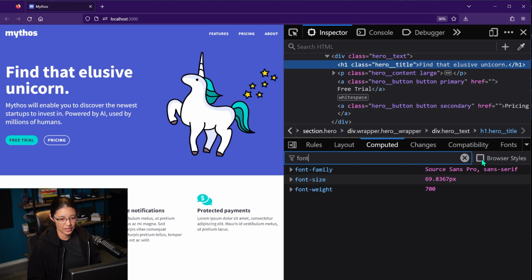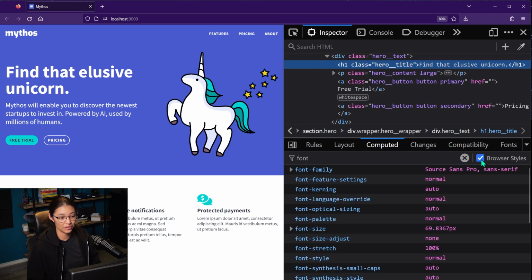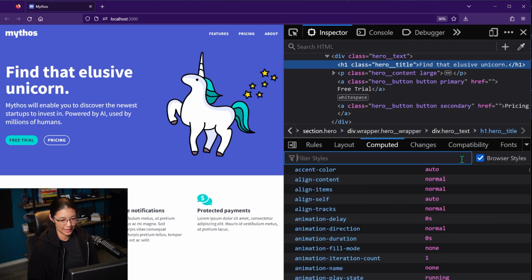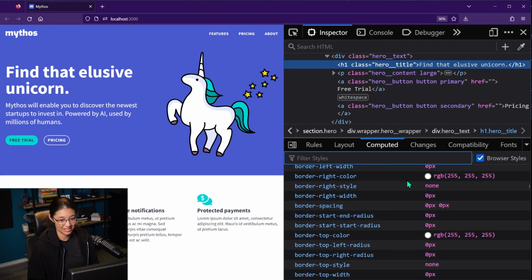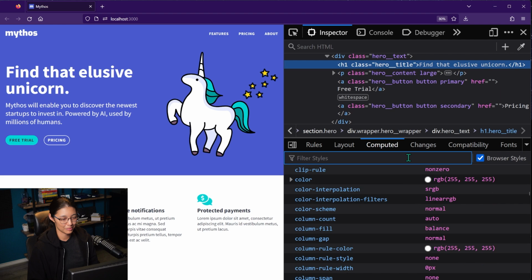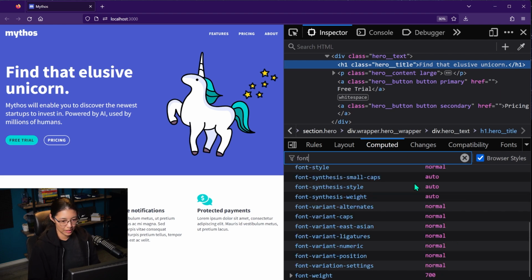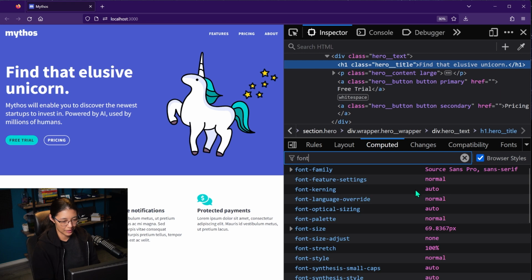If you turn this on, it'll display all the styles being applied to the element, also from the default browser styles, which is a ton, which is one way that the filter text box can be really handy. Because if you don't have it, it's literally going to show you every single default property being applied to the element from the default style rules. But it's going to be really helpful if you're trying to figure out where a style came from.